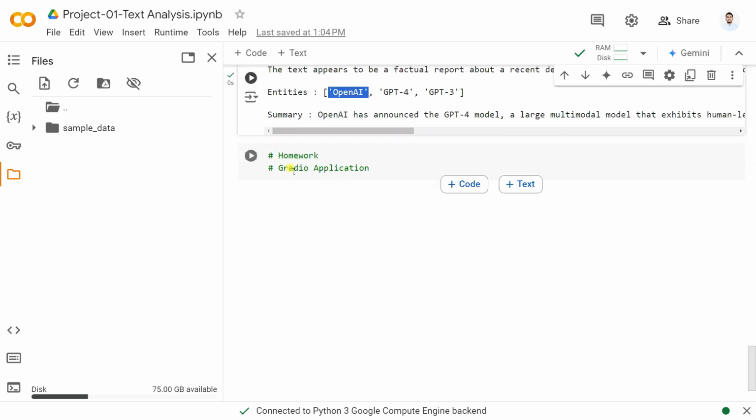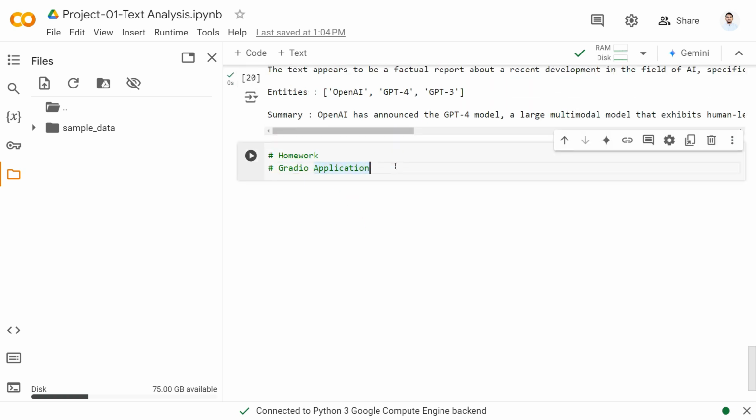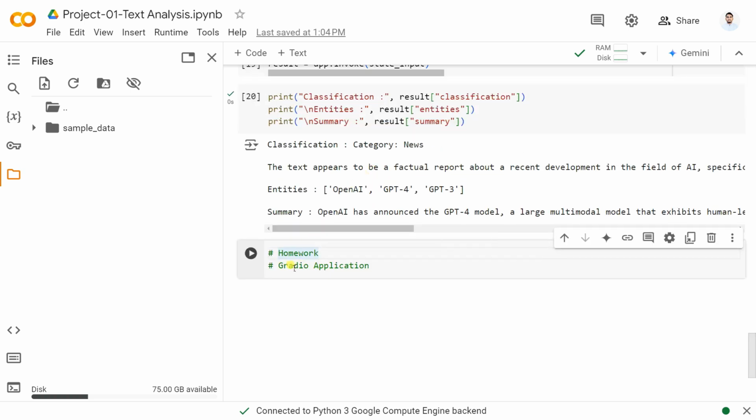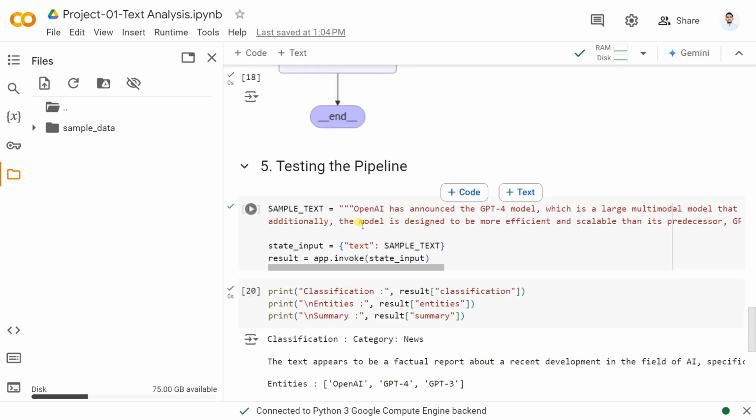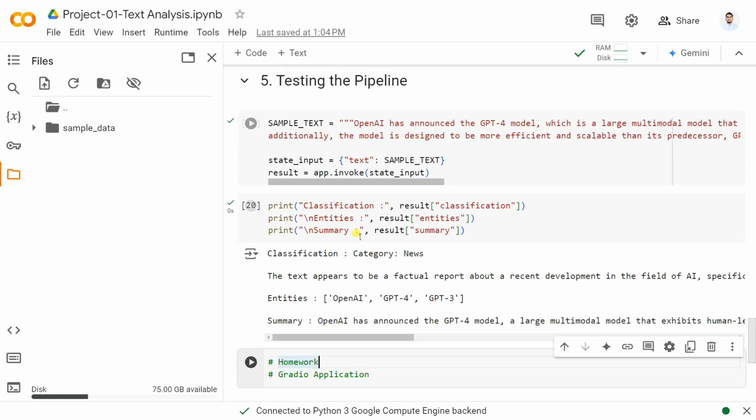इसके बाद यहाँ पर कुछ एंटिटी दिया है ओपनएआई, GPT-4 और GPT-3। तो अब आपके लिए एक होमवर्क भी है, आपको एक ग्रेडियो एप्लीकेशन बनाना पड़ेगा, और मैंने एक्चुअली बहुत सारे प्रोजेक्ट ऑलरेडी अपलोड कर दिए हैं मल्टीवर्ड सीरीज में, तो इसलिए बेटर होगा आप एप्लीकेशन खुद से क्रिएट कर लो। तो मैं क्या करूँगा, थोड़ा और इसको क्लैरिफाई करूँगा और थोड़ा टेस्टिंग करूँगा।